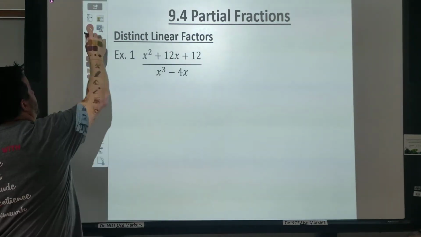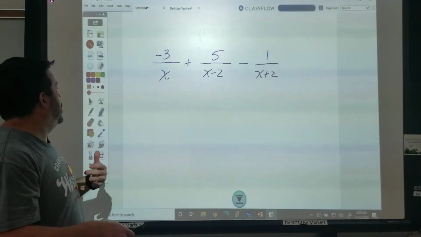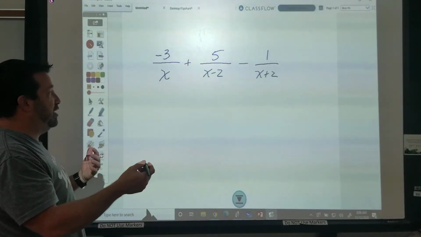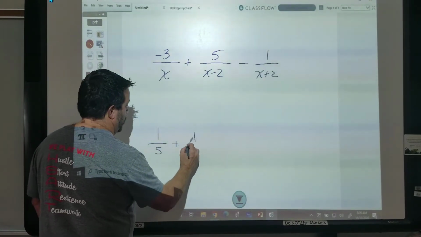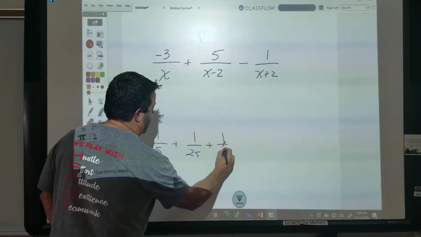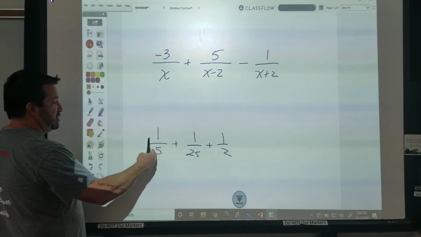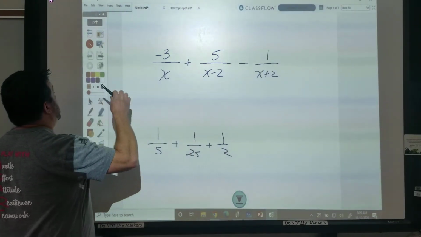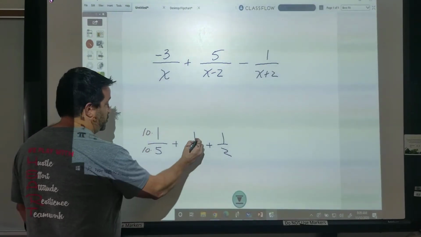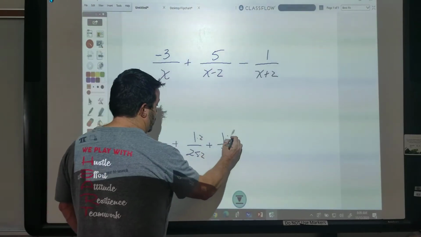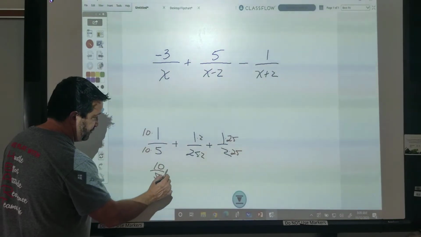I want to show you, going back the other way, when we've had fractions in the past, what you had to learn how to do was get a common denominator so you can combine them together. Even if you had something like 1/5 plus 1/25 plus 1/2, you would have to come up with a common denominator, and in this case that common denominator would be 50. You would multiply this one by 10 over 10, this one by 2 over 2, and this one by 25 over 25,